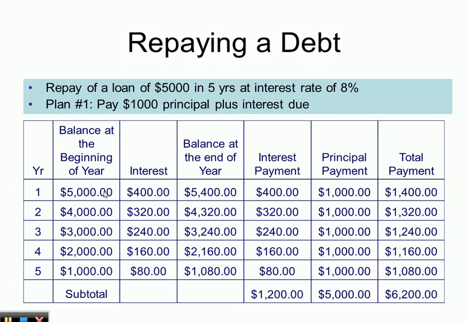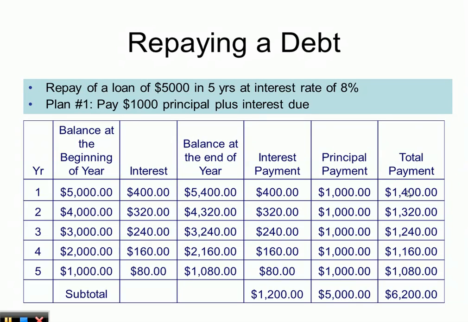So what are we going to do? Well, first we're going to start with $5,000 at the beginning of year 1, which is year 0. And during the first year, we get an interest of $400 by multiplying $5,000 by this rate of 8%. And so the balance at the end of the year is $5,400, just like in the previous example. However, we say that we pay $1,000 plus any interest due. So we pay the full interest and we also pay $1,000 off. So our total payment is